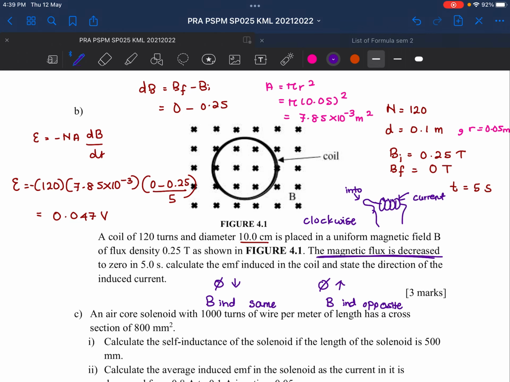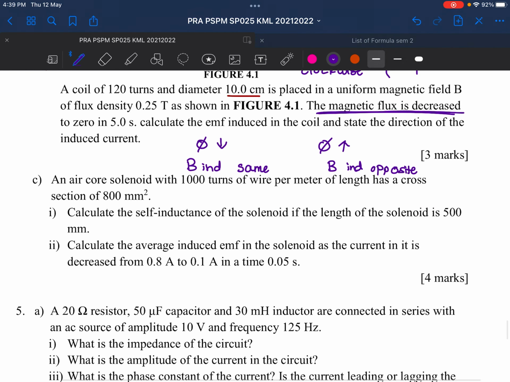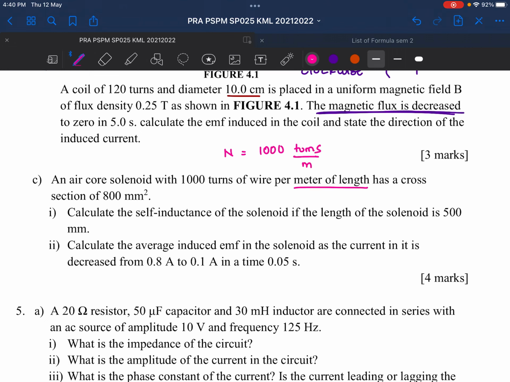Okay. Right. So let's try to do question 4C. Because the question is quite easy, I mean it uses only a formula. So let's read the question. Okay. So 4C. An air coil solenoid with 1000 turns per meter of length has a cross-sectional area of 800 millimeter square. So, calculate the